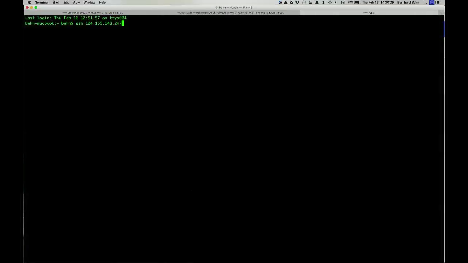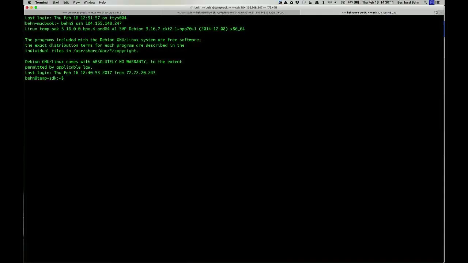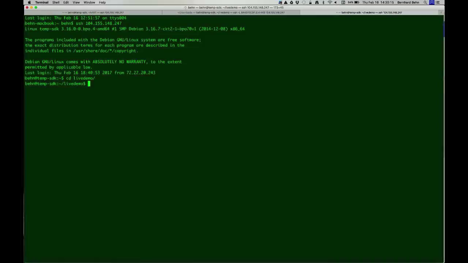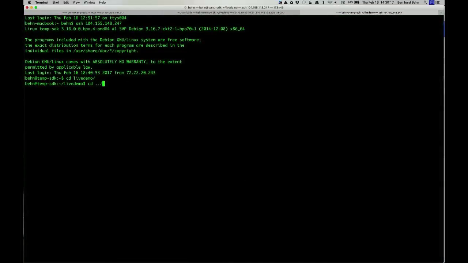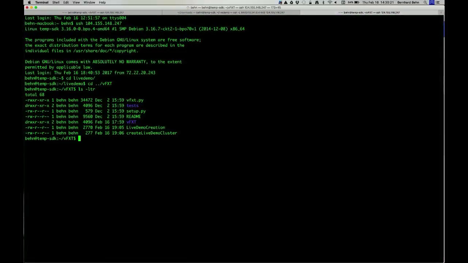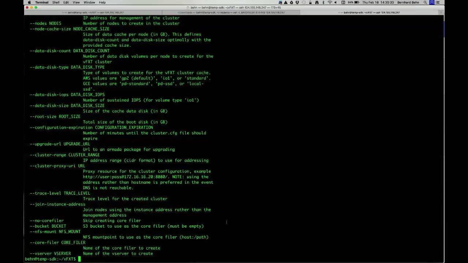But then basically what I'm going to end up doing is I'm going to SSH into this instance, and then I am going to look at the vfxt directory here, which I've basically downloaded. Avere would provide you with this link to download this library. You would install it, and then you have this vfxt.py Python library here, and it has extensive help about all